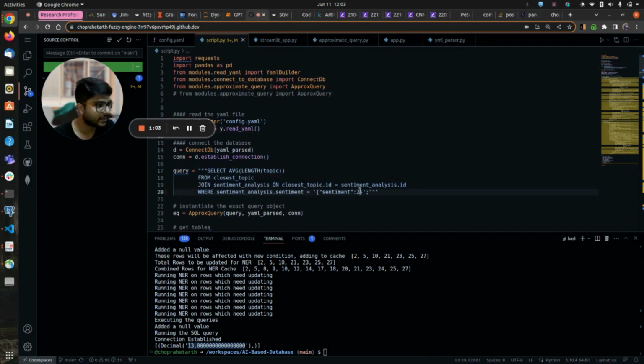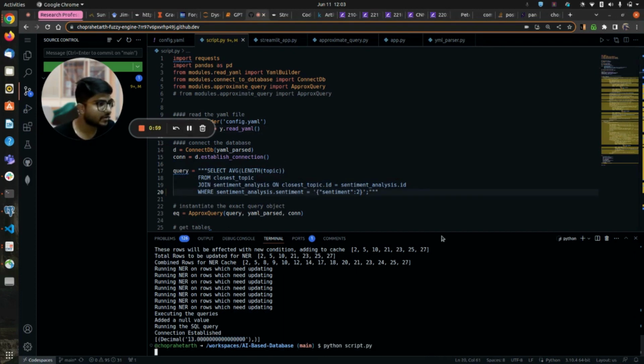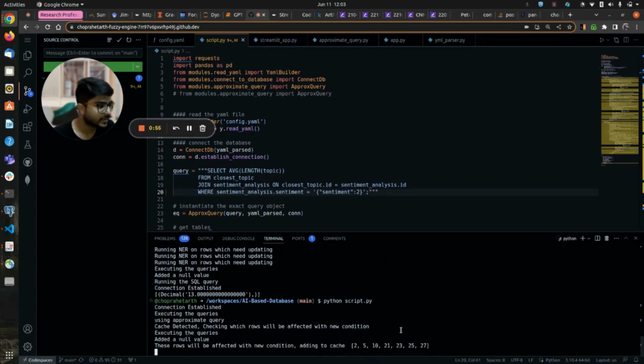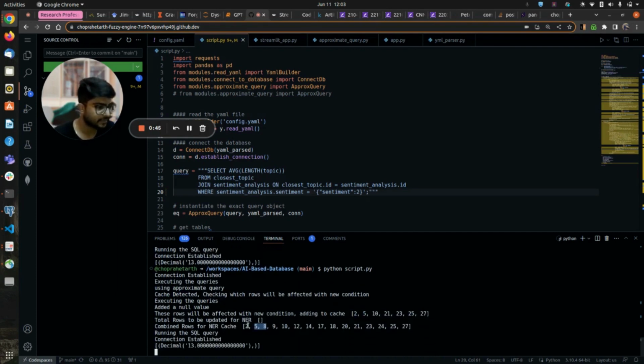Now after that, if I re-query this, you can see that these rows were affected, yes, but since it retrieves it from the cache, it's not going to run the NER model again. So yeah, total rows to be updated for NER, they are none. And if I change it to 3, which I have to do,